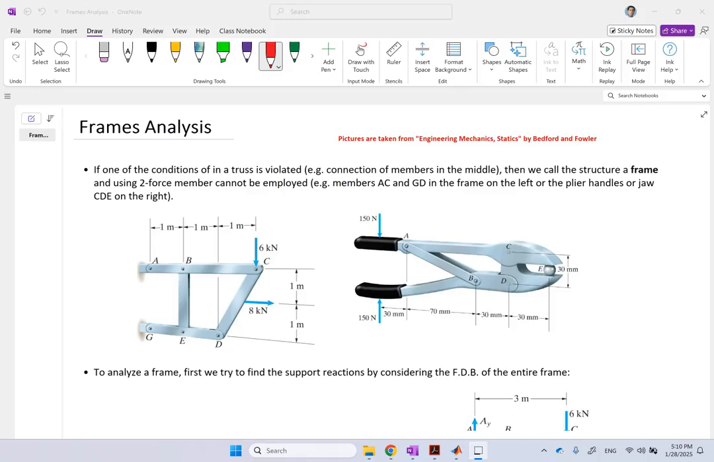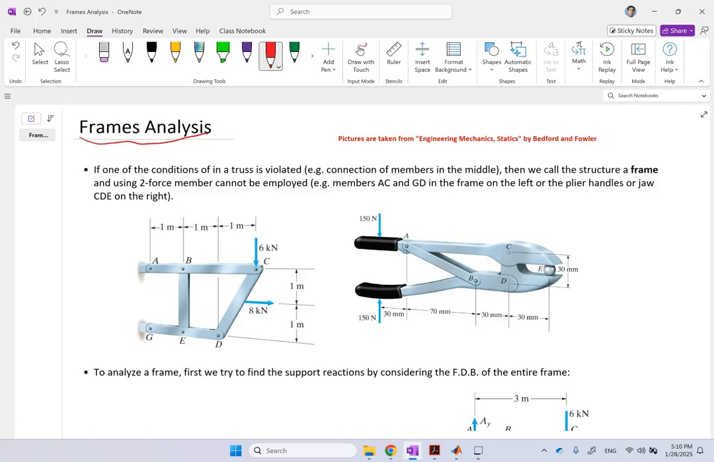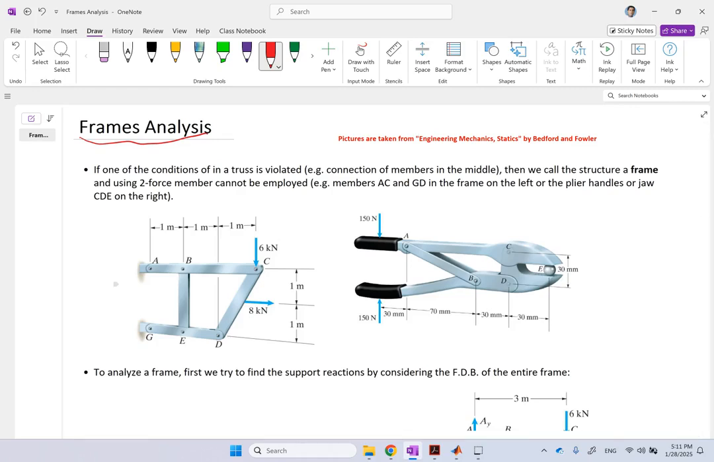Hello everyone. In this video, we are going to look at frame analysis. What is that? So if one of the conditions that we had in a truss for truss analysis is violated, like for instance, the mass of the members could not be neglected, although remember, if the mass of the members are not neglected, then we can pass half of it to each one of the joints, so that's not the